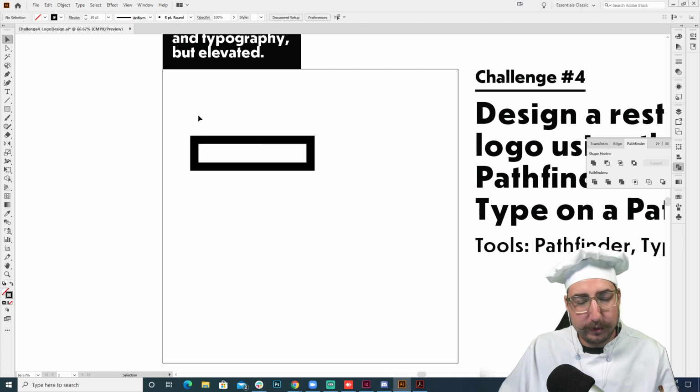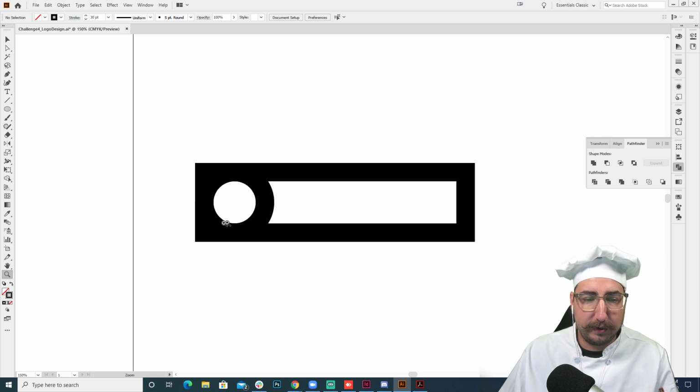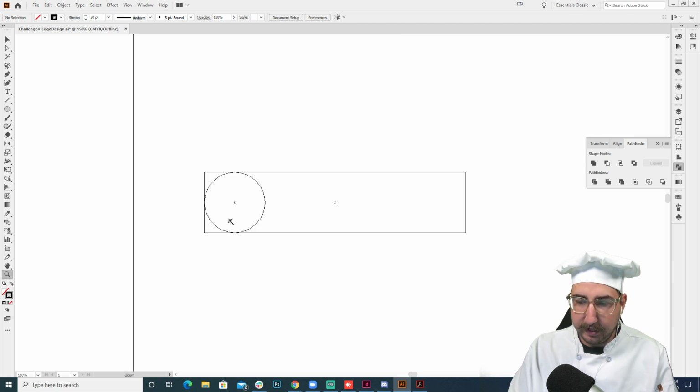So what I'm going to do is for that curve, I'm just going to hit L or come over here and grab the ellipse tool and know that I want a little curve here. So I'm kind of just mapping out some of the ideas that I want, and I know that I want this to be a little curve here. So let's go ahead and continue on with this. And what I'm going to do is start taking away anchor points so that we can have a little more of the shape that we want. So we'll see here by hitting Command Y that this is indeed 2 simple shapes.